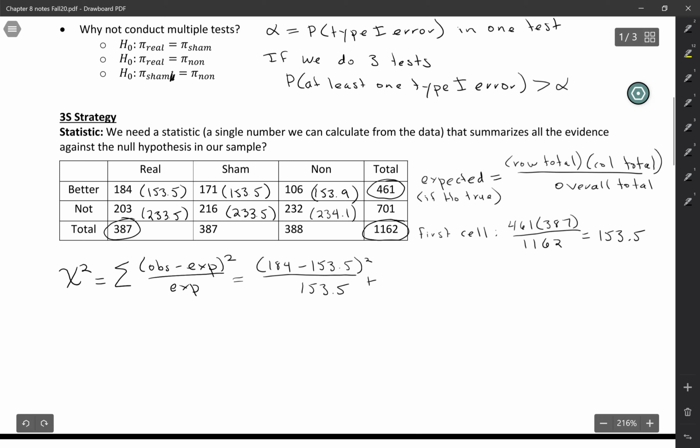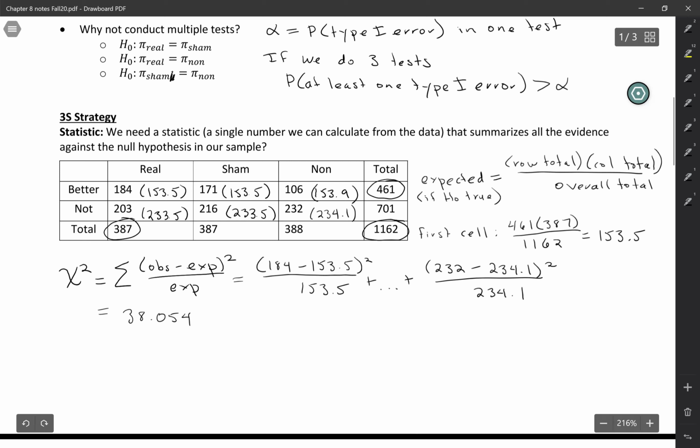I'm going to be too lazy to write it out for every single one, so I'm going to skip to the last cell, the non-acupuncture group, the ones who did not improve. For that cell, the count was 232. The expected count, pretty similar, 234.1, and we square that difference and divide by the expected count again, 234.1, and we end up with a Chi-Squared statistic of